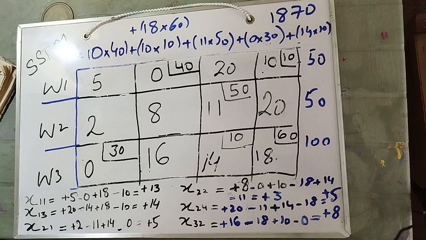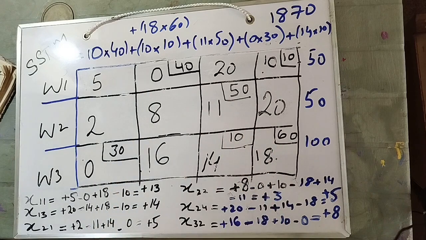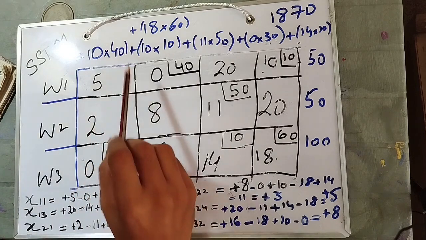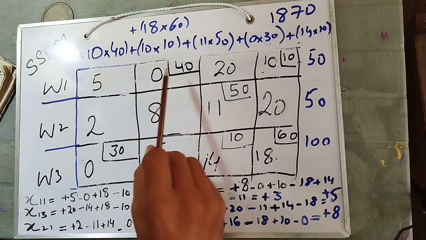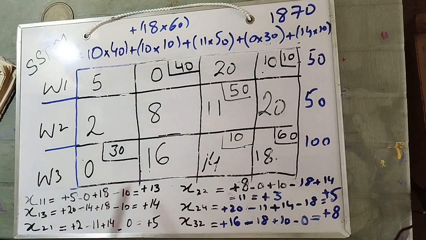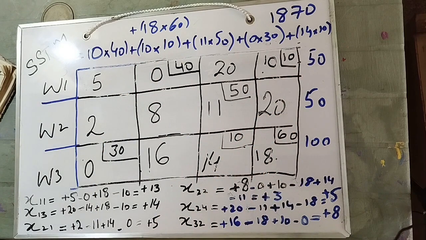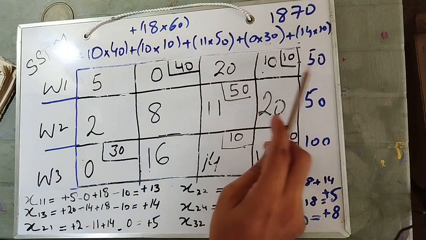What does that show? It shows that our Vogel approximation method, which gave us these allocations, is optimal. And the cost we have found from this Vogel approximation is 0 into 40, 10 into 10, 11 into 50, and 0 into 30, 14 into 10, and 18 into 60, which is the least cost. So it is the optimal cost. So you see, for supplying the 200 quantity, 40 plus 10, 50, 50